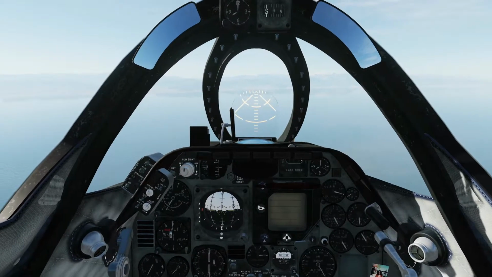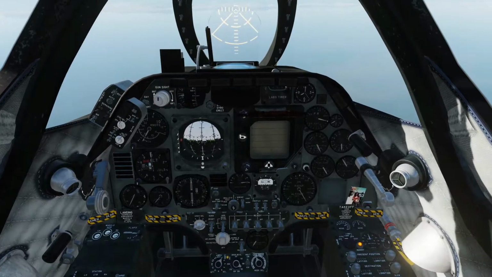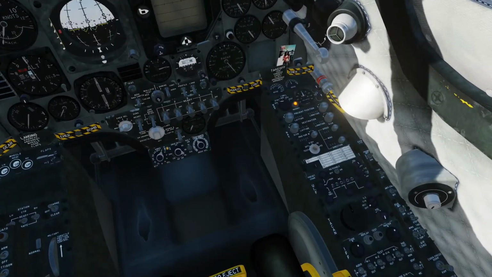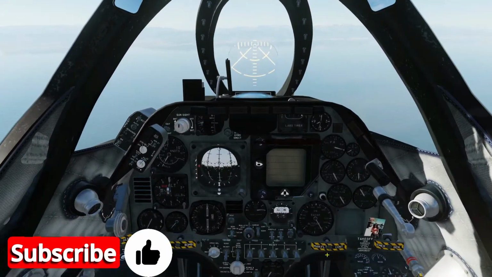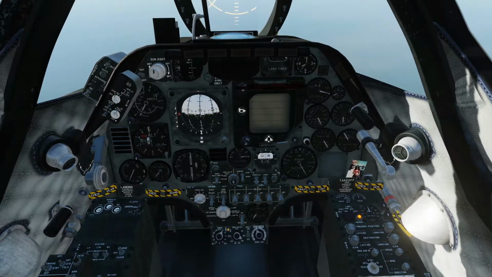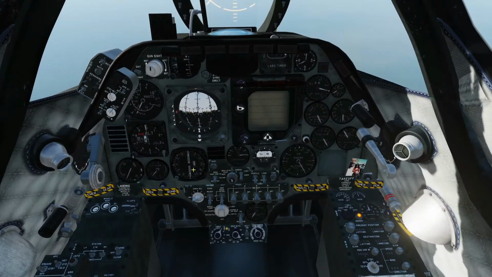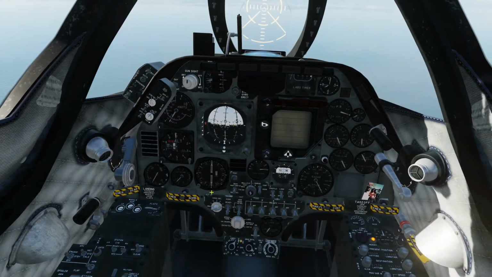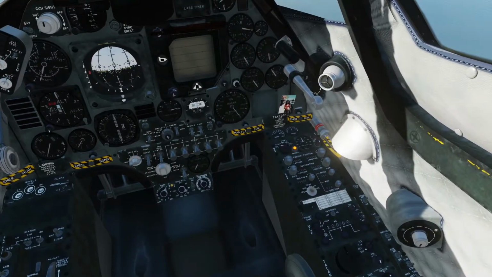Hello everyone, and welcome to the next step in the A4 tutorial, DME and ILS using the TACAN. Now, I'm in active pause currently. What I'm going to do is show you how the TACAN system works for the DME, and we'll float between a couple of airfields, and then I'll show you how to do an ILS approach and landing